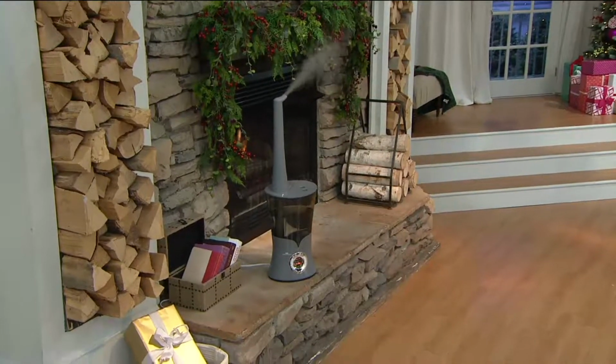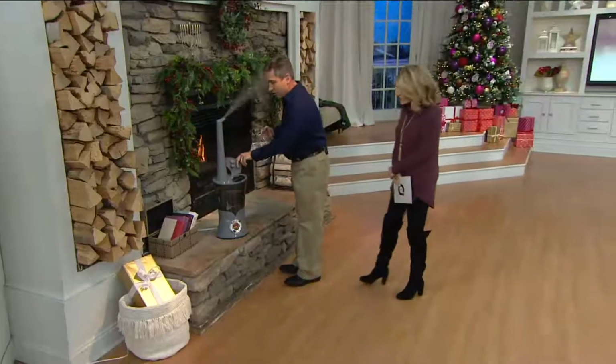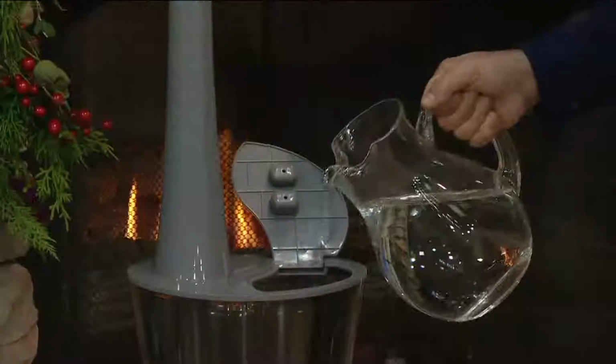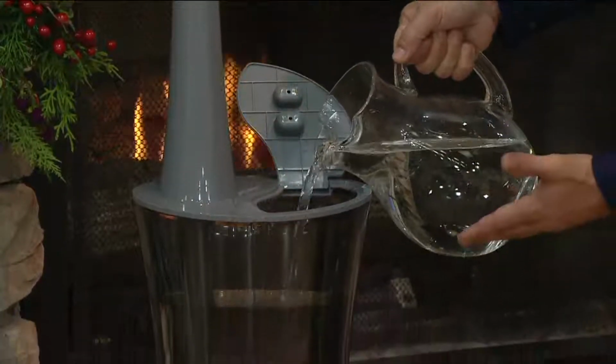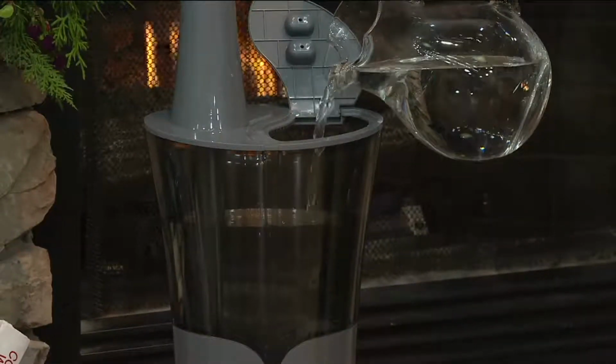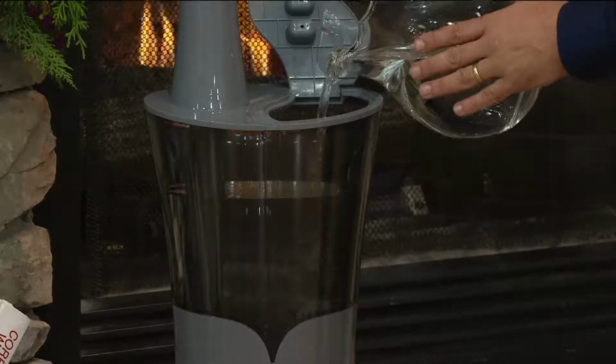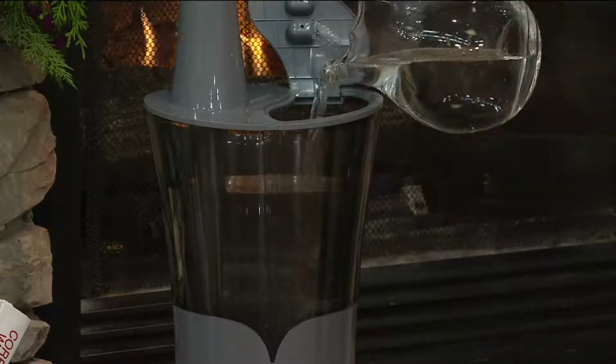Because this is how easy it is for anybody on your gift list to fill this. No, I'm not carrying this to and from the sink. I'm carrying the water to it instead. And it doesn't even have to be a full pitcher. Just top it off every once in a while with a cup of water. That's all there is to it. That's why this is the most convenient humidifier that we have ever offered, and it makes it great for anybody